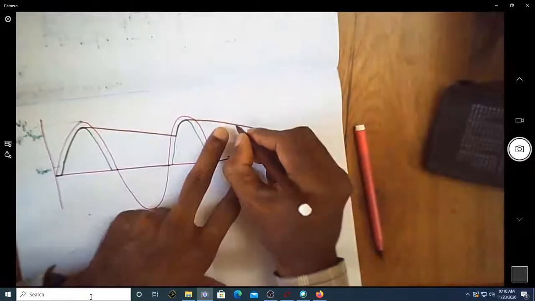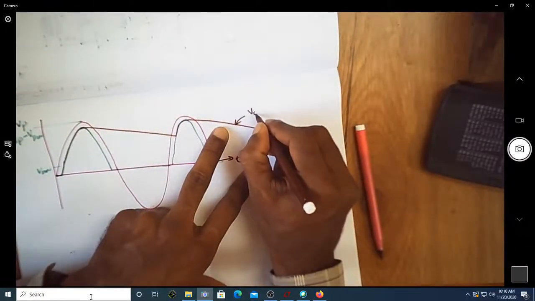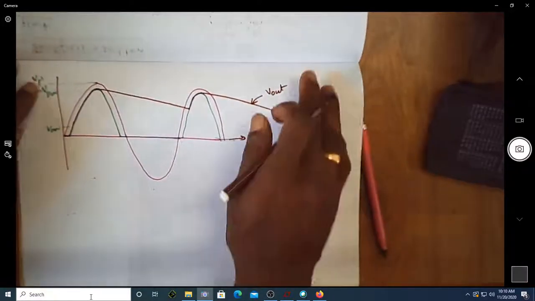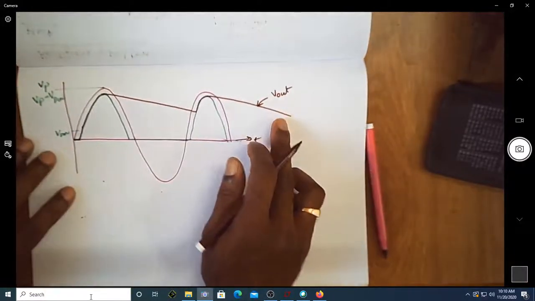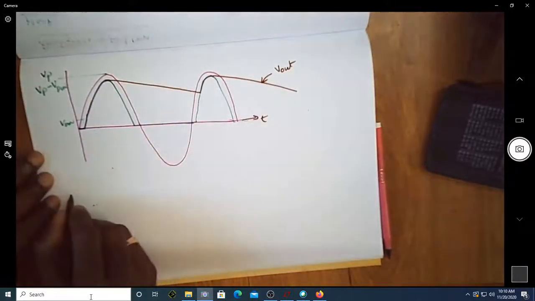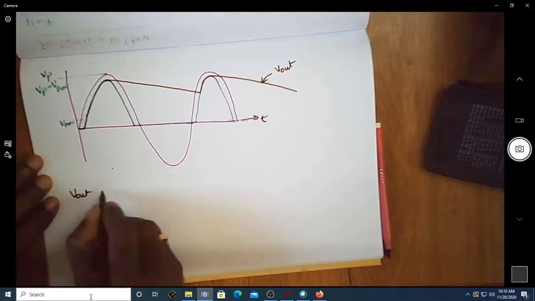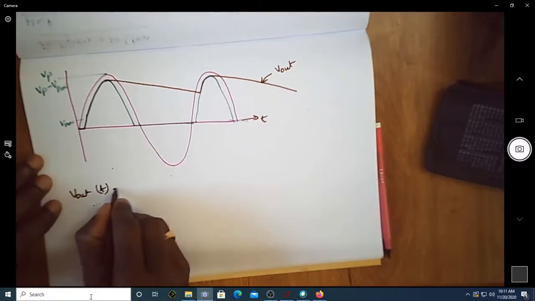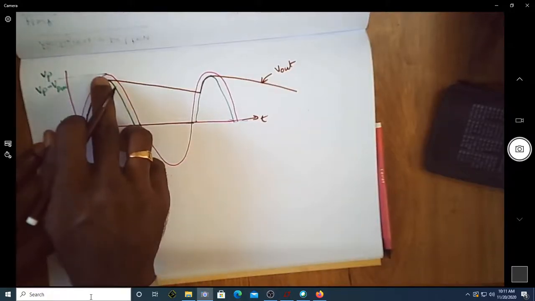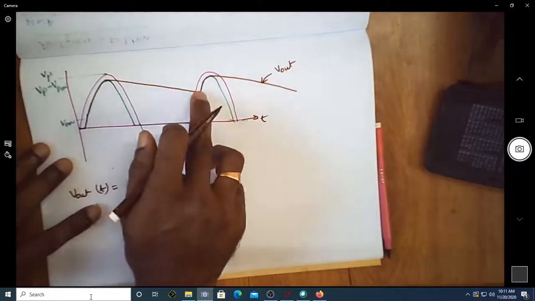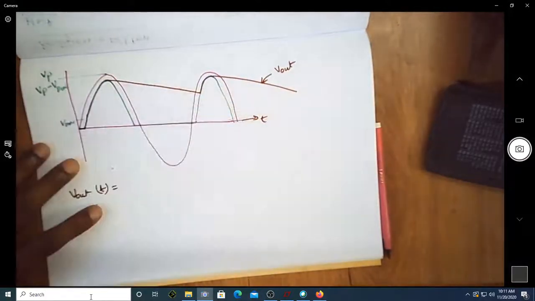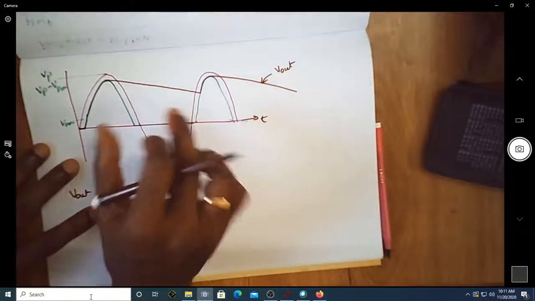Let me consider this as V out. This is the output voltage of the capacitor. Since it is the voltage across the capacitor, now we can consider V out instantaneously with respect to time. You can see this capacitor is exponentially discharging here, and then it again charges, exponentially discharges. So I can write the expression for the capacitor.